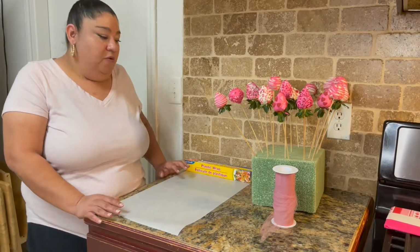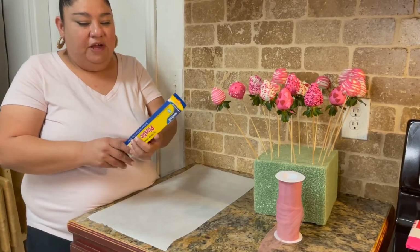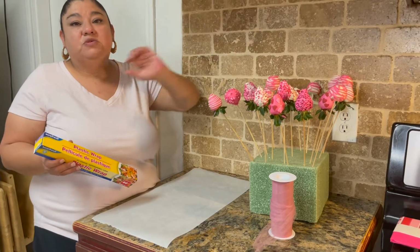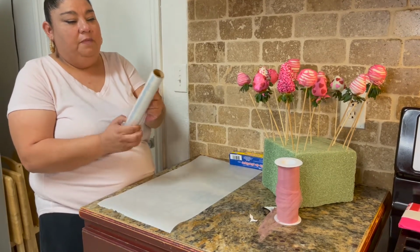So to get started wrapping these up, right, you're gonna need plastic wrap. I got this from the Dollar Tree or the $1.25 tree, and we're gonna go ahead and wrap 4 bundles. I'm not gonna use all of them because we're only gonna use a dozen, right? So we're gonna go ahead and get the plastic wrap, and I'm gonna cut 1 piece